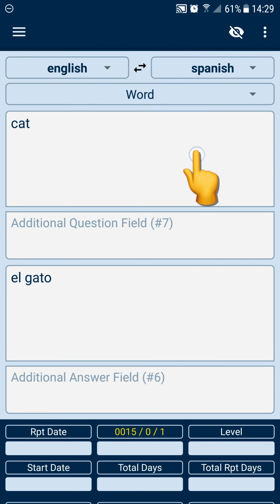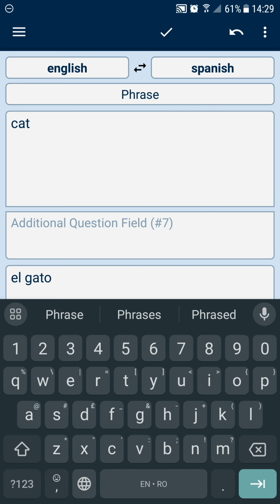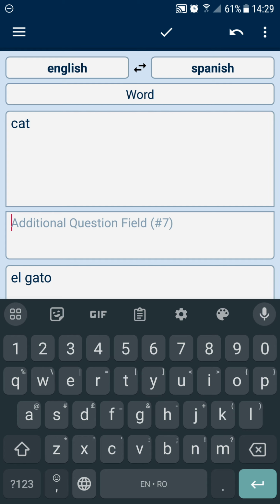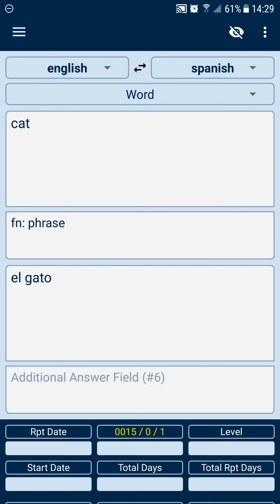So in field number 5 we need to enter phrase as a language unit. But if you prefer to keep el gato in your database as word, then you can add a footnote in field number 7 that this is a phrase. You will see how I implemented this later in the example.